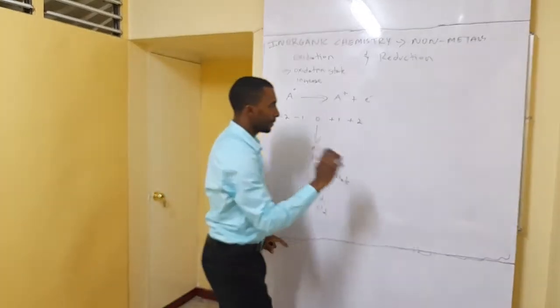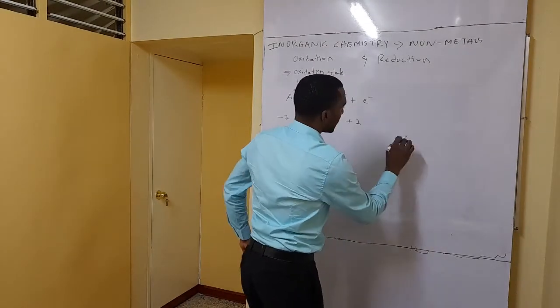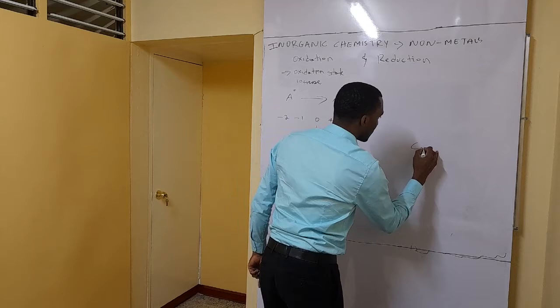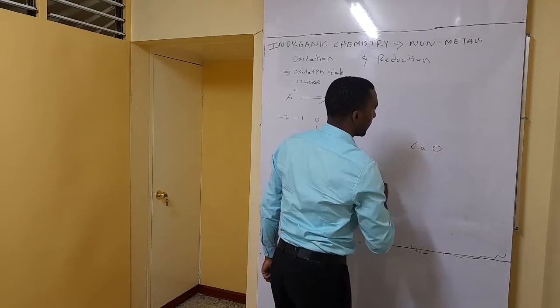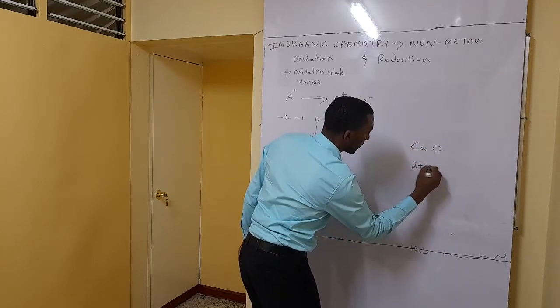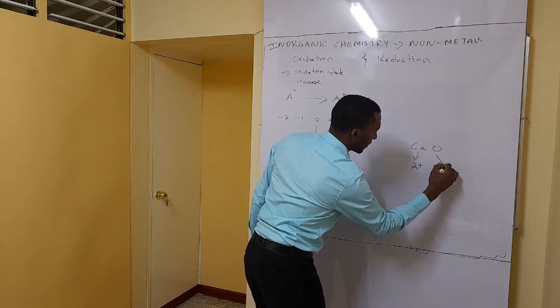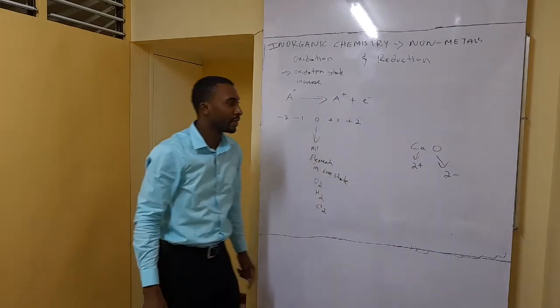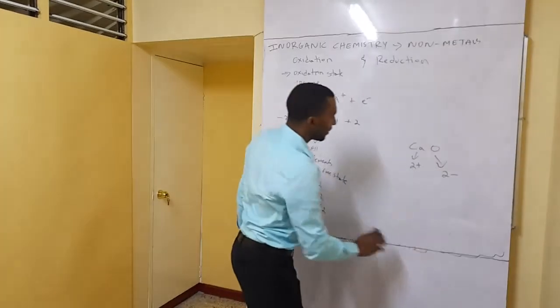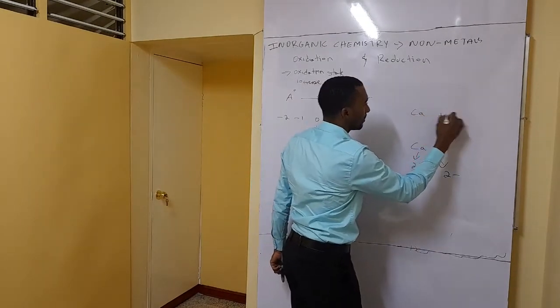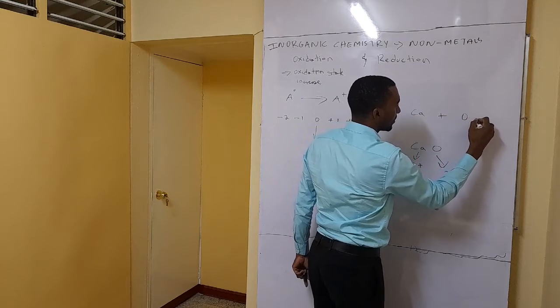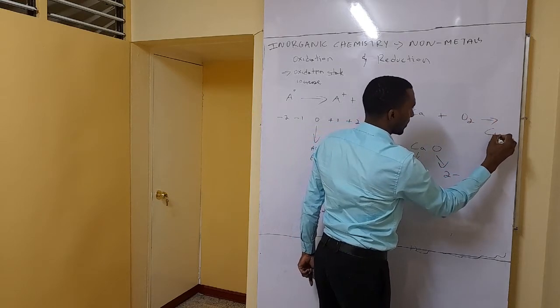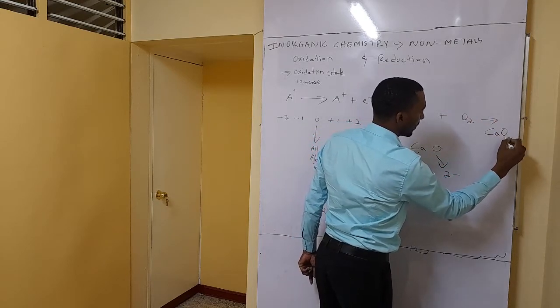Alright? Now for example, we form calcium oxide, right? We can see that the calcium is 2 plus, the oxide is 2 minus. Alright? So if we have a reaction like calcium plus oxygen to form calcium oxide solid,